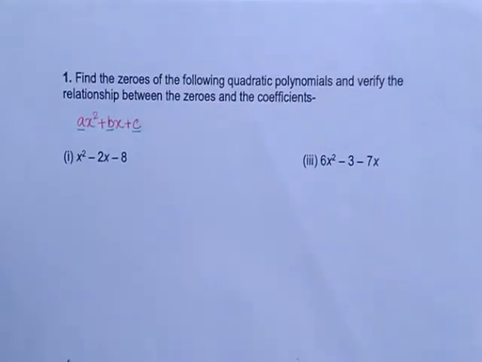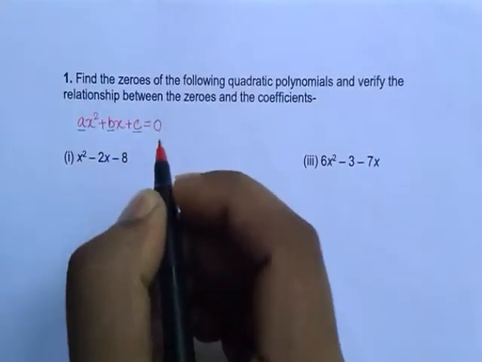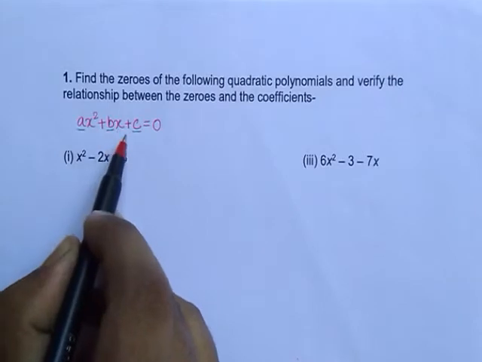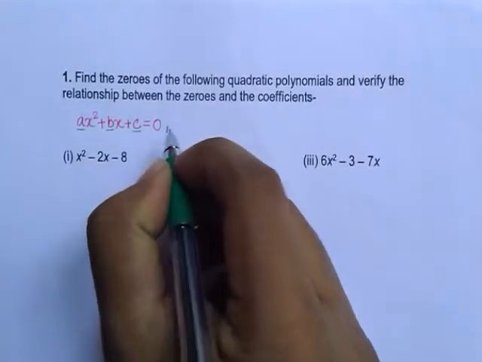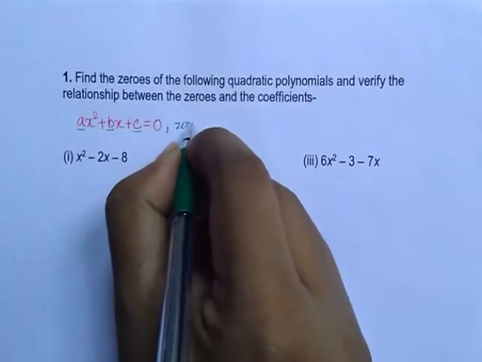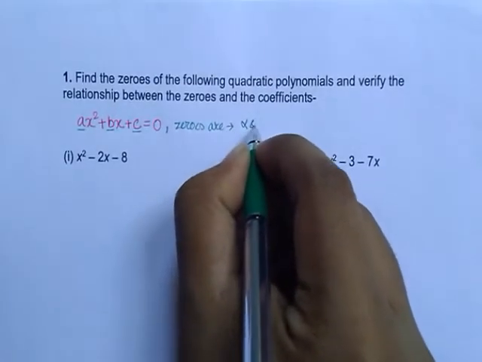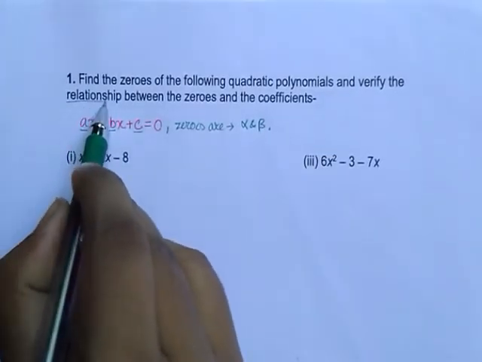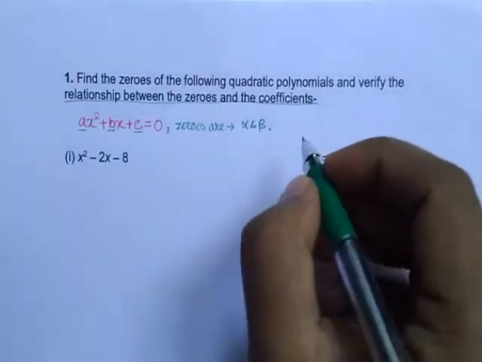Now, to find the zeros of this polynomial, we need to equate this to 0. When this polynomial is 0, then the values of x are called the zeros of the polynomial. Let us consider that the zeros are alpha and beta. Now the relationship between the zeros and the coefficients of the polynomial are